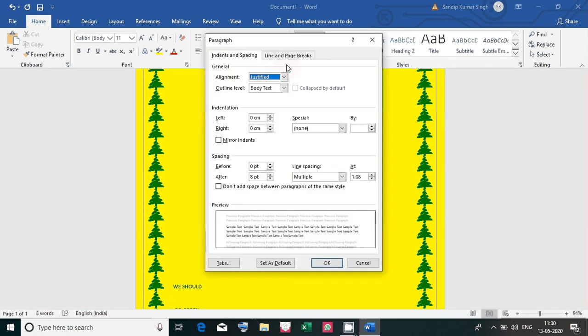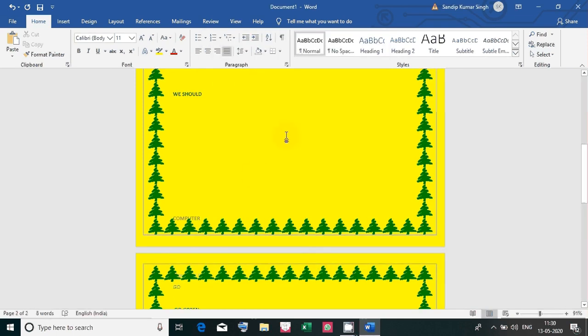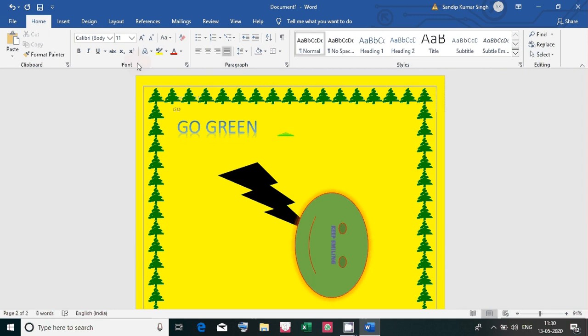Now here we have indents and spacing. Indent, as I told you, is the distance from the margin. If I increase it, see in the example over here how the text is moving away from the margin. If I do it from the right side, again it is moving away from the right margin. So this is how we do it. Spacing means distance between the paragraphs. How much distance you put between the paragraphs, that is spacing. So once again we discussed this. I hope you've understood. Apart from this, only one thing we have not done.